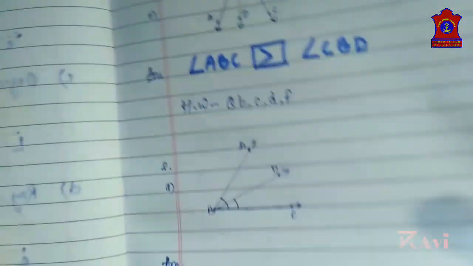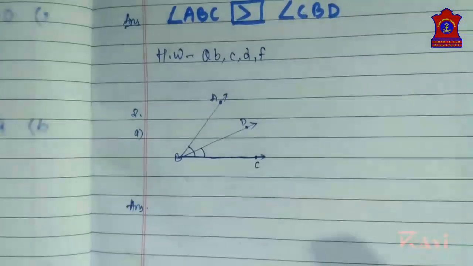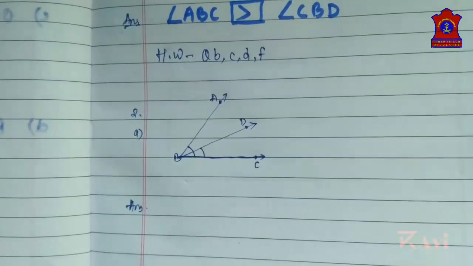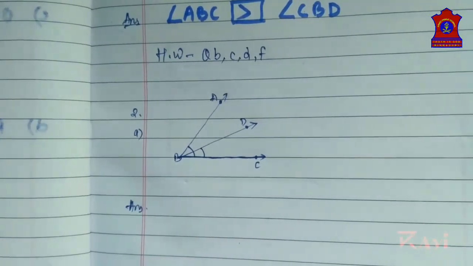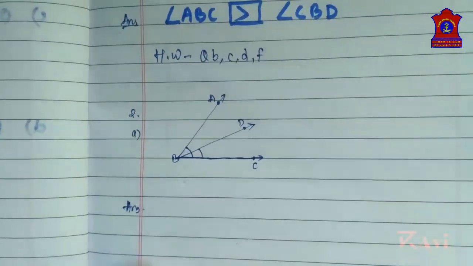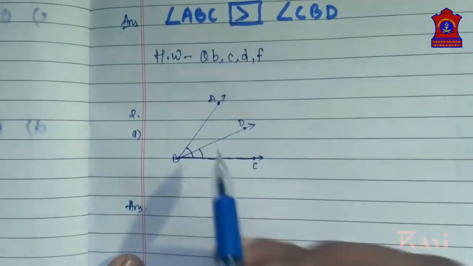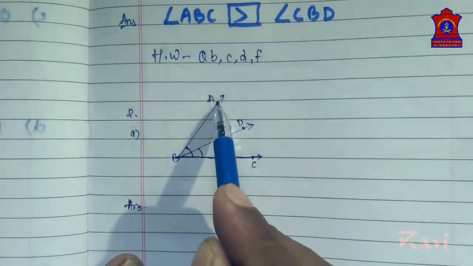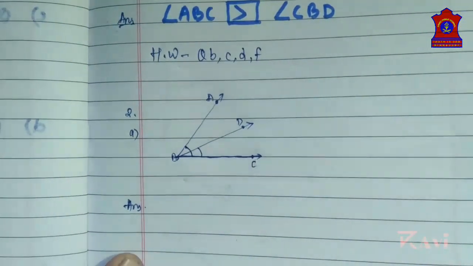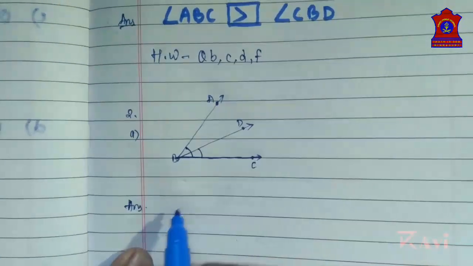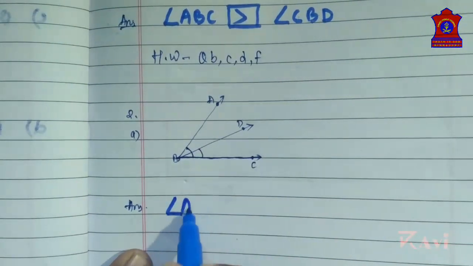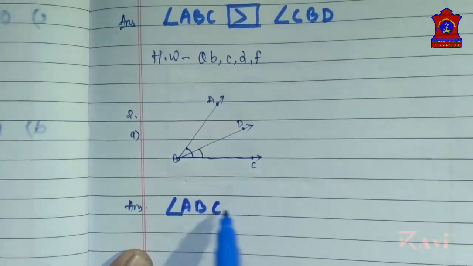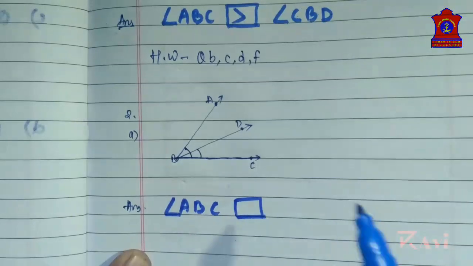Now let's move to question number 2. Question number 2 is similar to question number 1, but here you need to show which is greater. Now here also angles are marked. See this part. This is showing angle ABC. So let's write angle ABC. Okay, make this box, and then angle